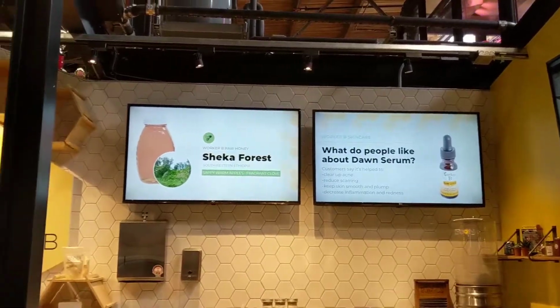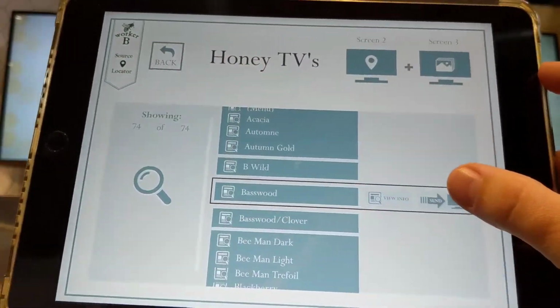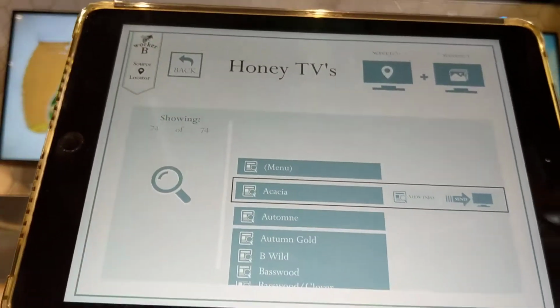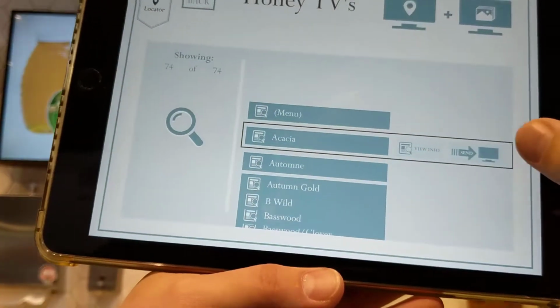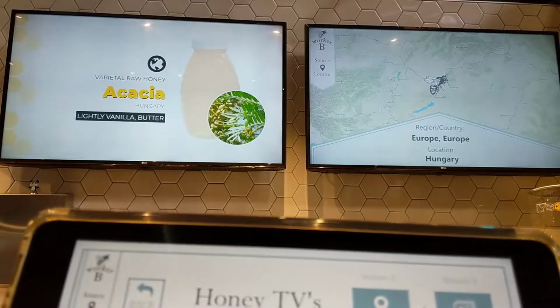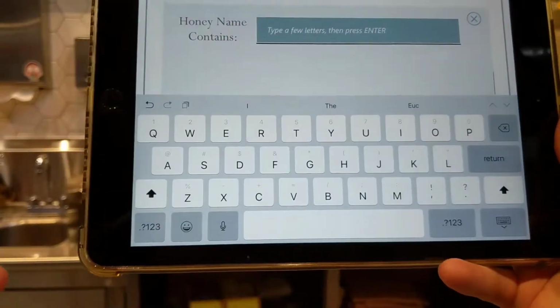so the staff at any time can call up a specific honey from a specific location, push a couple of buttons, and have a map on the screen, and then a description of that honey as well behind the staff. And so we can link one honey to the next, and you can see the map change as the location changes. And this takes a really big, wide-reaching collection of honey and brings it right to something that